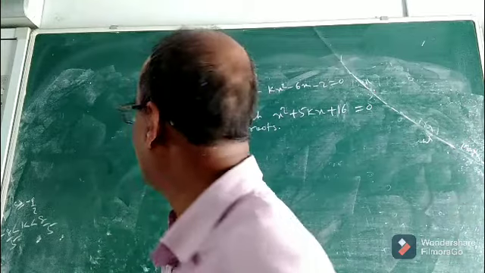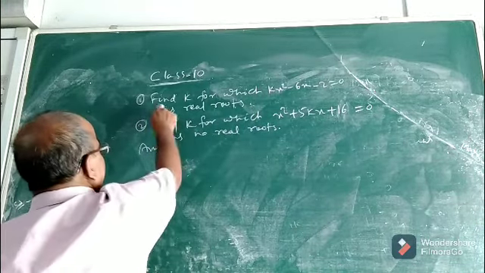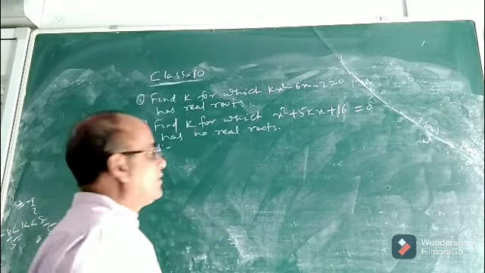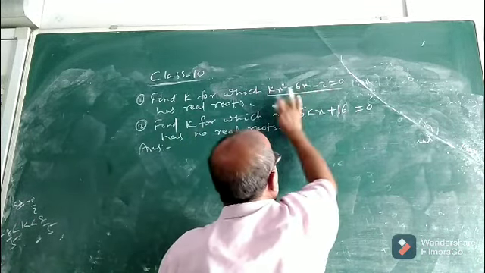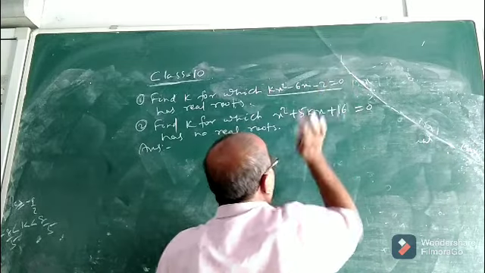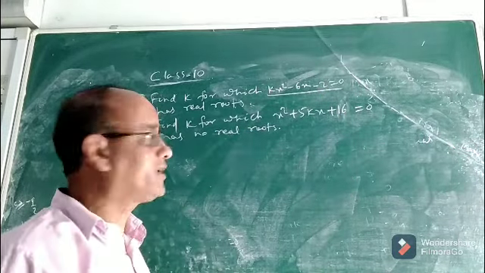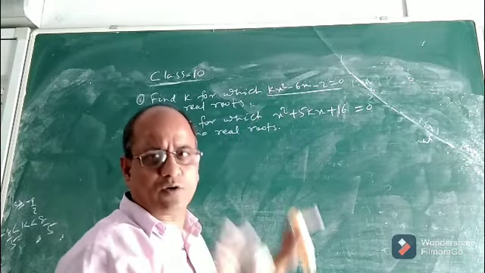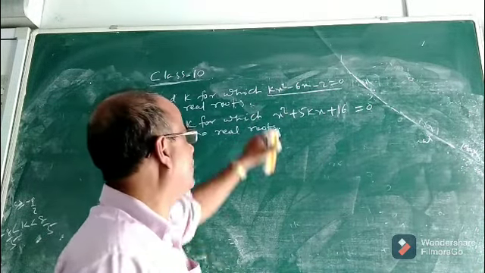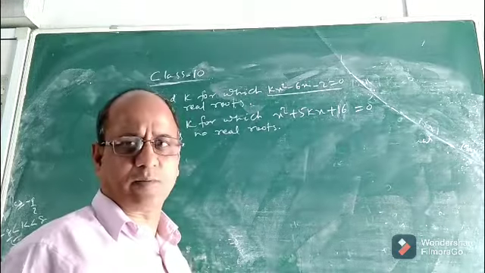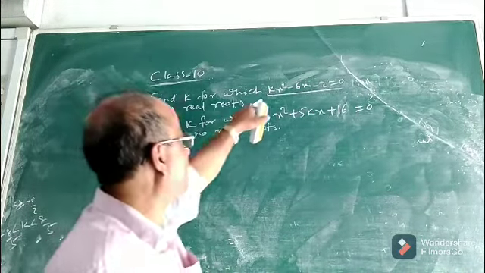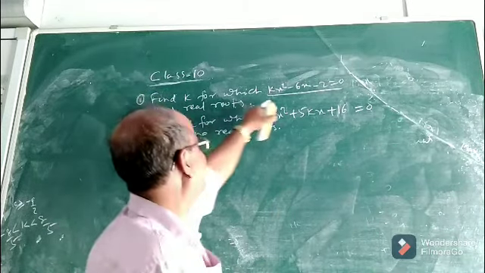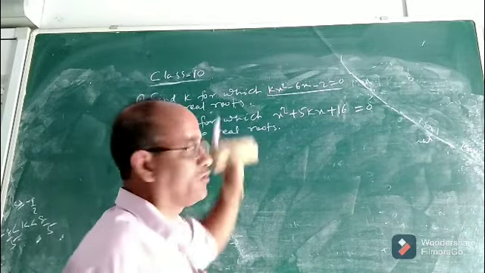Suppose, look at the first question. There is a question from your R.D. Sharma book. Find the value of k. This is a quadratic equation: kx square minus 6x minus 2 equal to 0. You are given a quadratic equation. There is a term known as k. We do not know what is the value of k. Now, it is a constant, but we do not know its value. We have to find it. So, the question is for what value of k, means what should be the value of k such that this equation will have real roots.